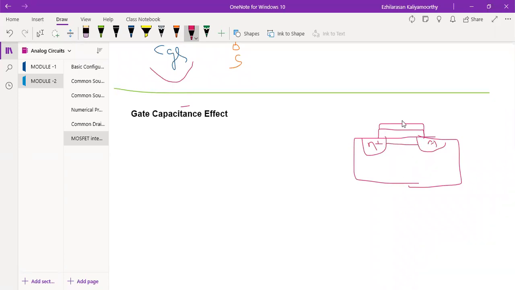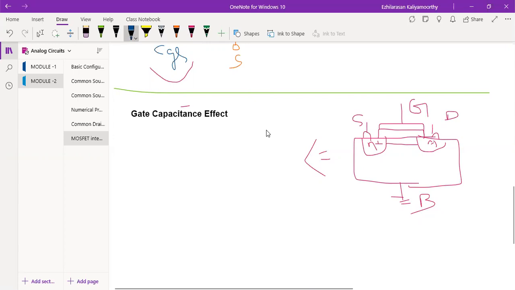Okay. So now here the channel will be there. Then you see here, this is drain. This is source. This will be your gate. Then this will be connected to bulk. Now here the polysilicon. This is the cross-sectional view. At the same time, if you are viewing from the top, this will be your gate, then this will be your substrate. Now in between we have the insulator. The channel will be in between.